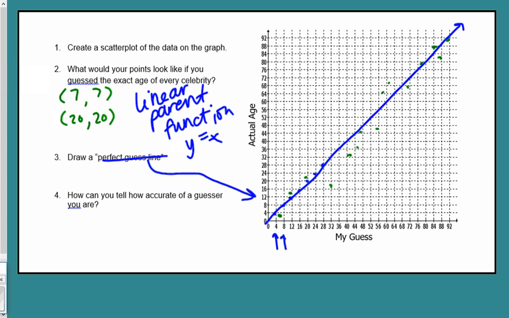So number 4, how can you tell how accurate of a guesser you are? Well, how close you are to that perfect guess line. If your points are all over the place, you're probably not a very good guesser. But if they're all right along this line, then you're doing pretty good. You're just a little bit over, a little bit under. So, how close to y equals x your points are. That's just a fun little activity to practice and to think about what some of the trend lines might be or could be or should be in certain situations. Okay, I think that's it. Yes, it is. So let me know if y'all have any questions, and I'd be happy to